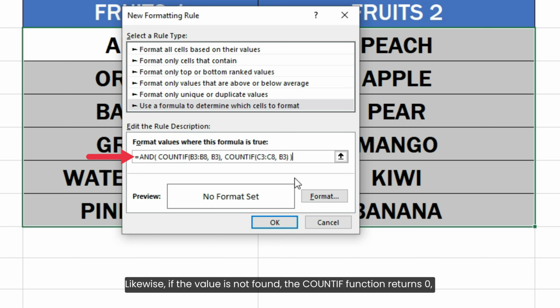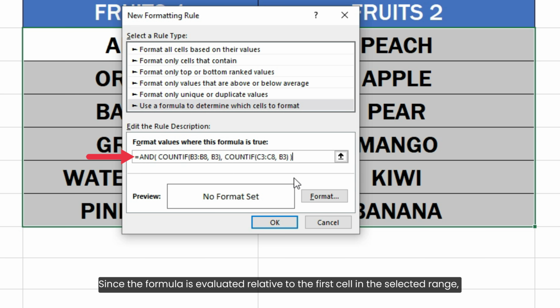Likewise, if the value is not found, the COUNTIF function returns 0 which will be considered as a false value. If the first cell value is found in both columns, the AND function will also return a true value. Similarly, if the value is not found in any of the columns, the AND function will return a false value.